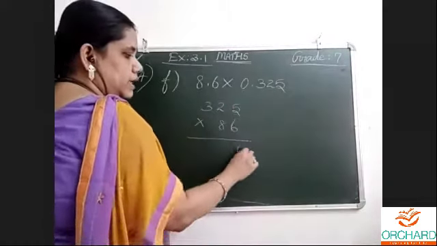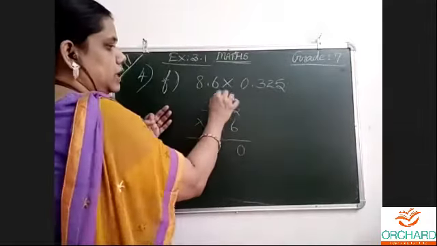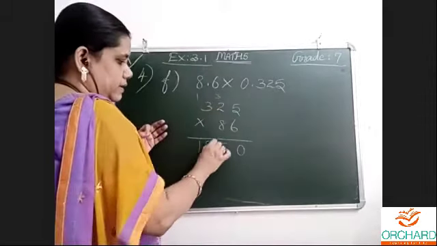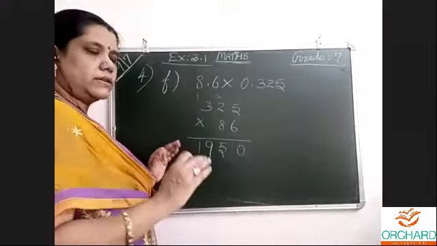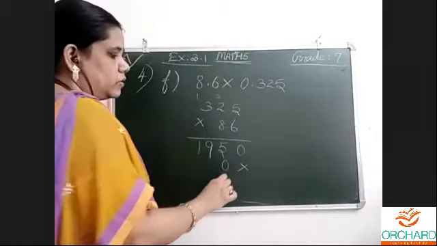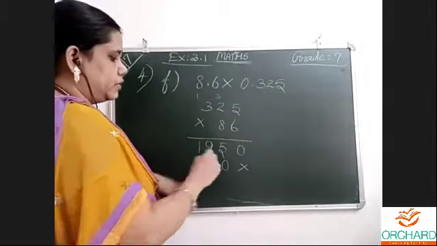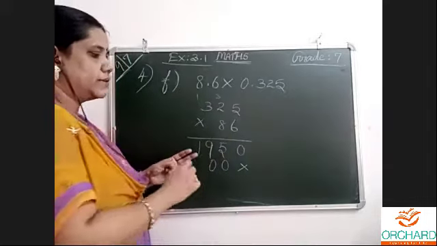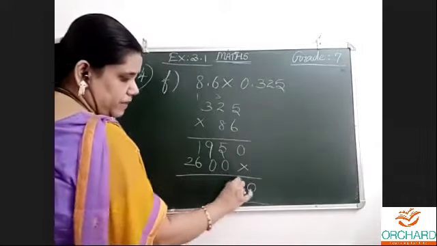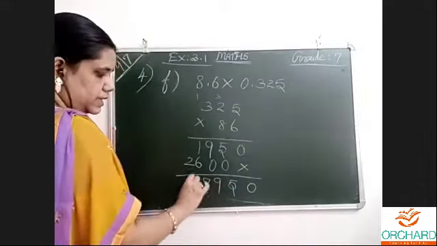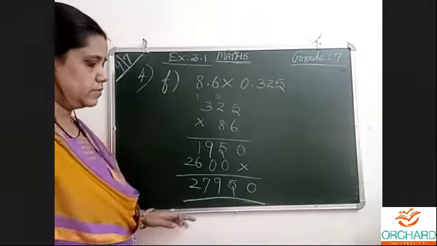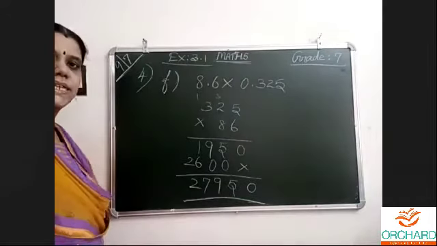Now 6 5s are 30, that is 0, carried over 3. 6 2s are 12, 12 plus 3 is 15, 5, carried over 1. 6 3s are 18 plus 1, 19. You do it according to your own method. Slowly also you can do, but it must be correct. 8 5s are 40, 0, carried over 4. 8 2s are 16, 17, 18, 19, 20, 0, carried over 2. 8 3s are 24, 25, 26. I have a habit of doing it like this, then only it will come for me. So I will do as is convenient for me. You do it how you say your table, according to your own method. But the answer must be the same.